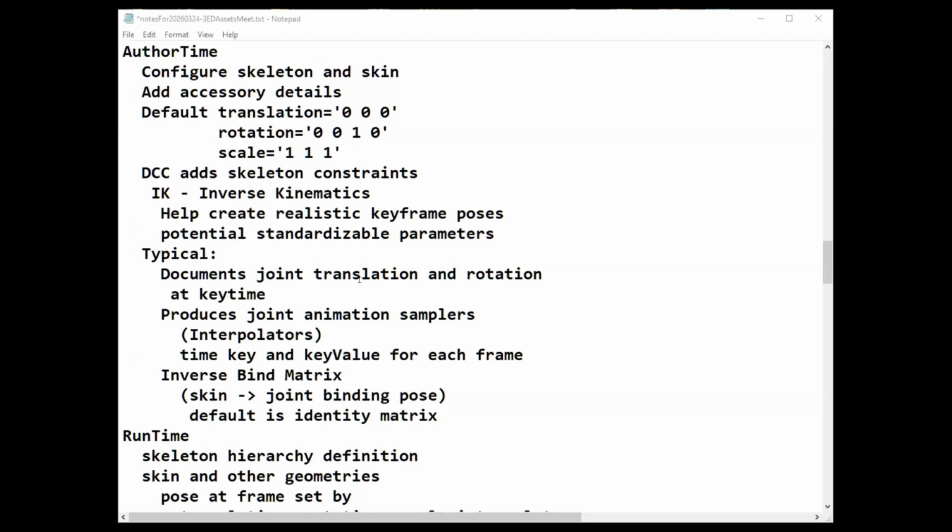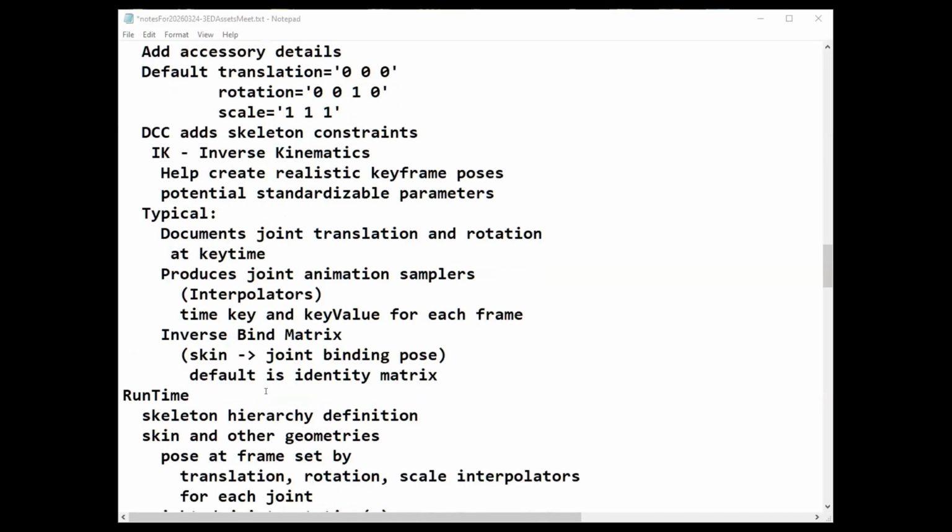You don't have to tell it what the translation is; you tell it by the parent rotation, location, and translation. So it learns from its parent where it is, and then it does its own thing. So it can produce these animation samplers and interpolators, and it gives a time and a key value for each frame, or however you want to do your animation.